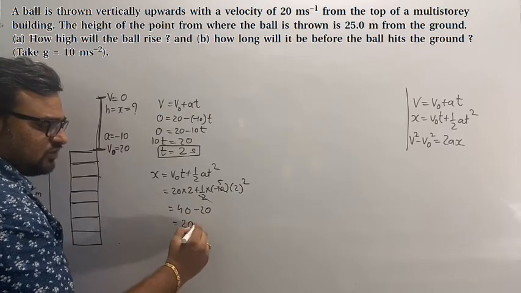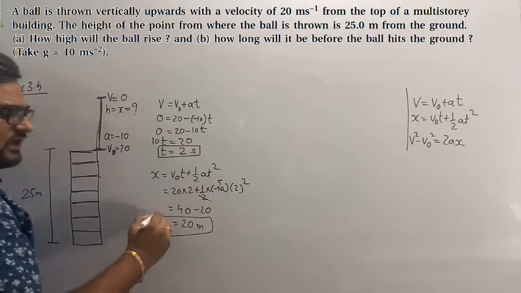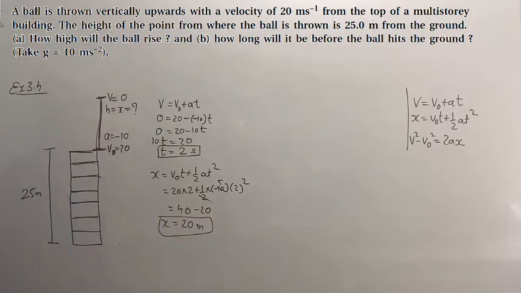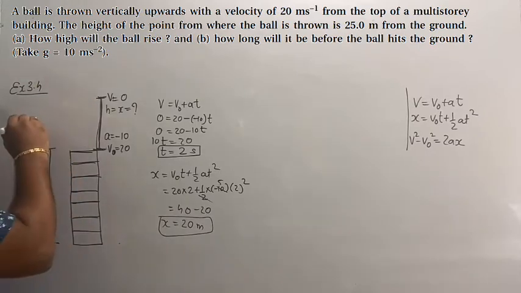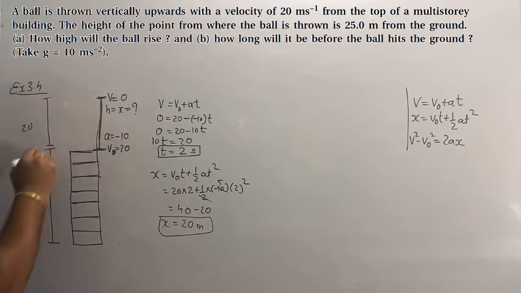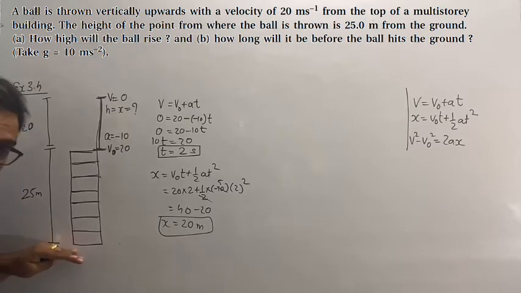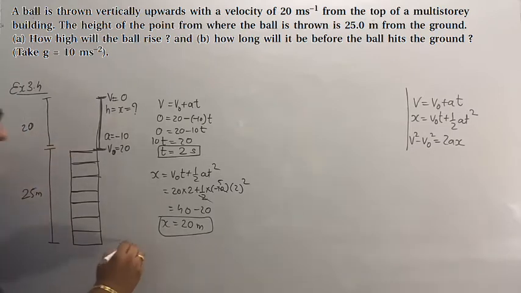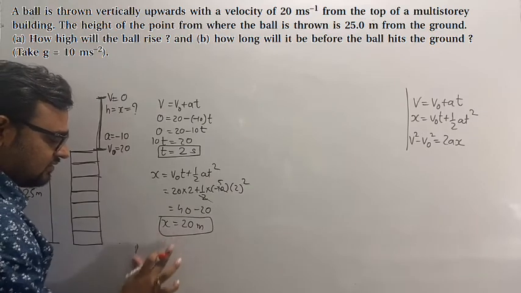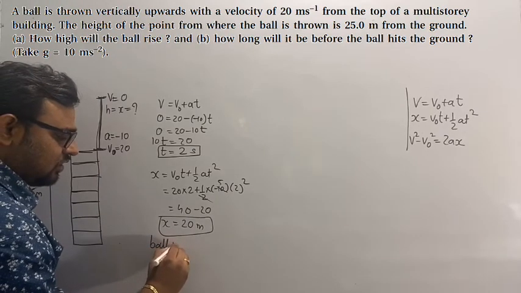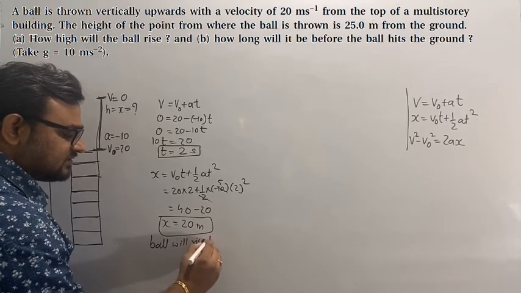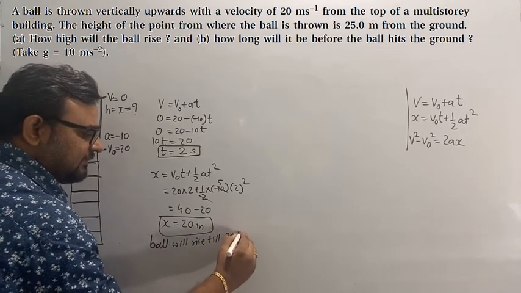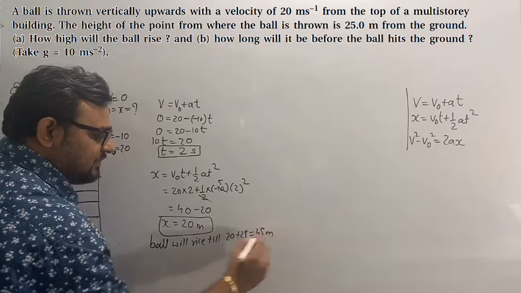So this is equal to 20 meter. I got x equal to 20 meter. So how high will the ball rise? Okay, 20 meter. I got this 20 plus 25, so total is 45 meter above the ground, or 20 meter above the building. So I can write down that the ball will rise till 20 plus 25 equal to 45 meter